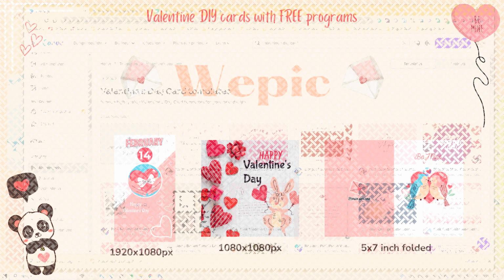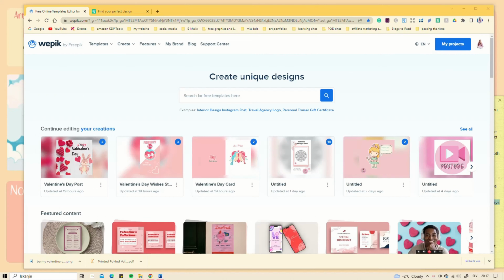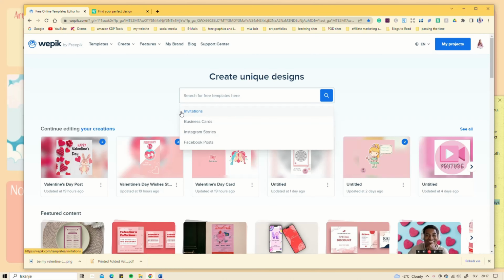The next one that we're going to look over is Wepik, which I don't know if many people know about it. It is actually a subdivision of Freepik. I think I fairly recently found out about Wepik, but it's basically similar to Canva. It has fewer graphical elements available for you. It is also free. There is also a paid version. I guess the only difference is that the free version, you need to